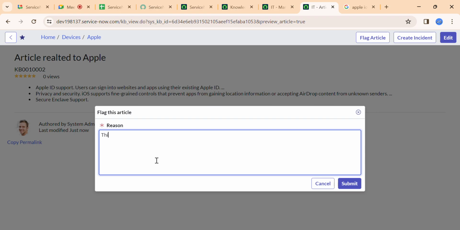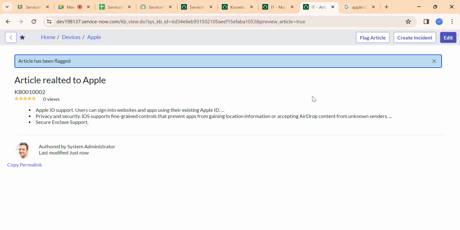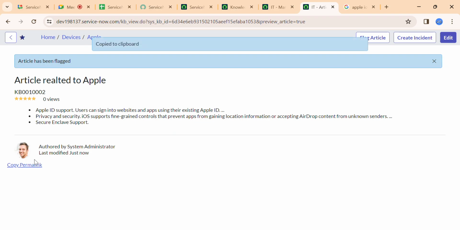You can star the article, you can flag the article. Flagging the article is where you are giving the feedback. So this is a nice article. Flagging the article is where you will be providing the reason, or any comment or any reason you can give.